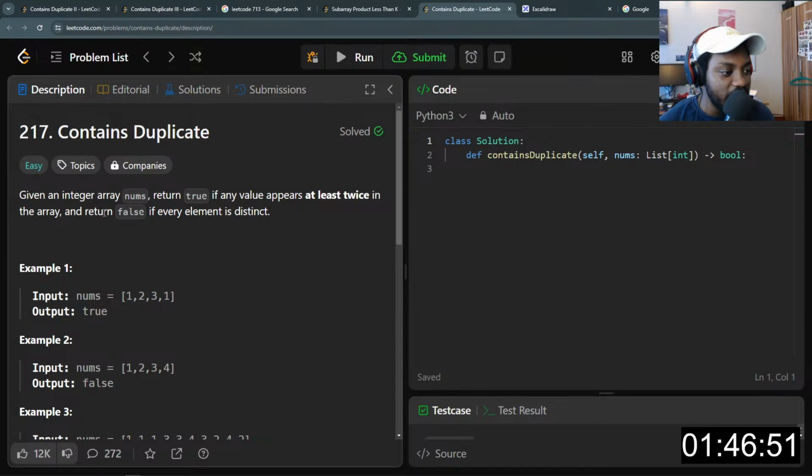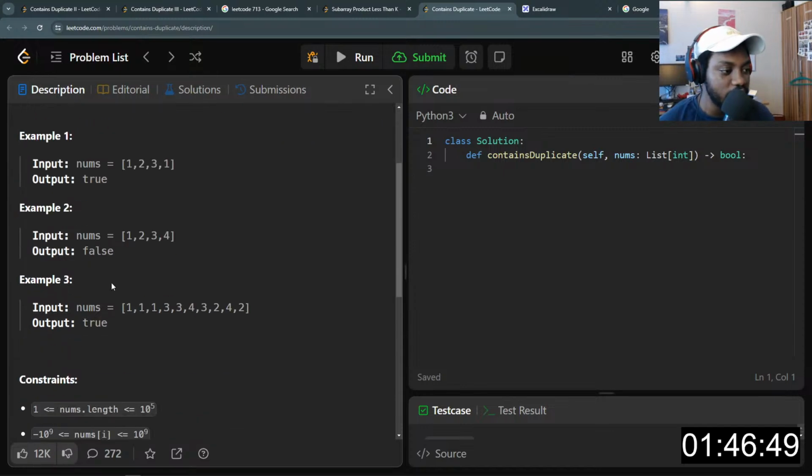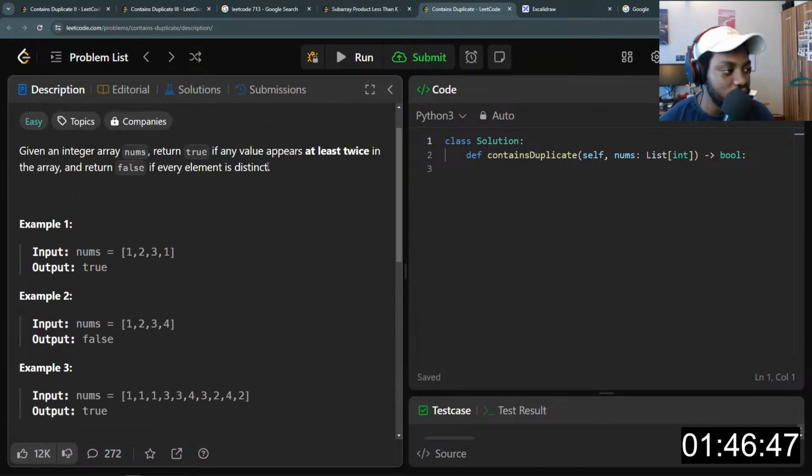Given an integer array, return true if any value in the array appears at least twice, right? So meaning if there's any duplication of a particular value in the array, then we can return true. Otherwise, if every element in the array is distinct, then we return false.